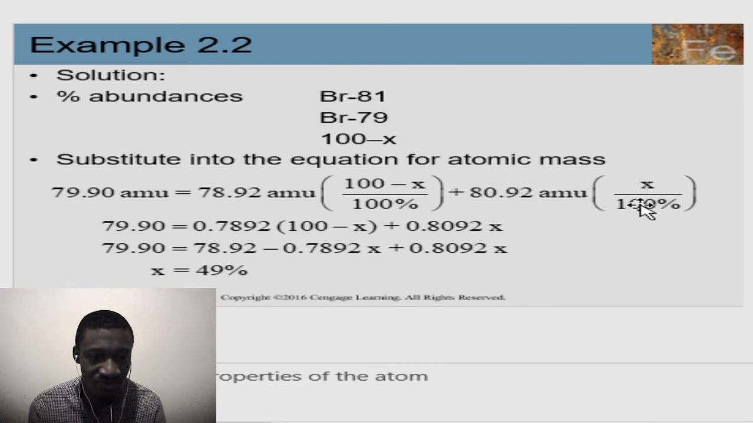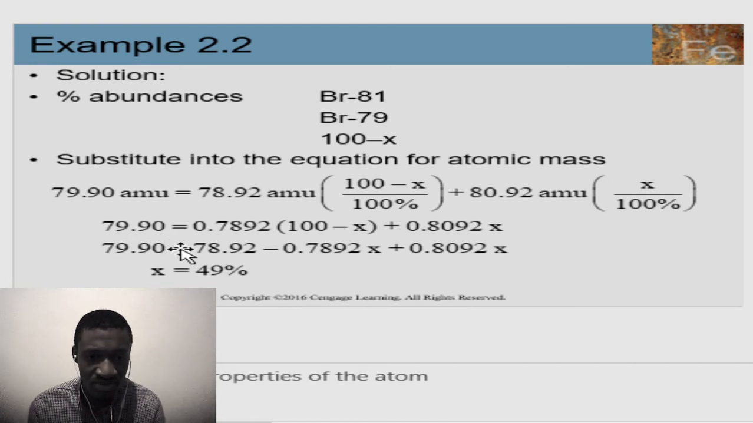So when you multiply through, when you open the bracket, this would divide through to this and multiply by x, and then you have this value. So notice that you have 78.92 minus 0.7892x. So notice that this can go over to the other side,